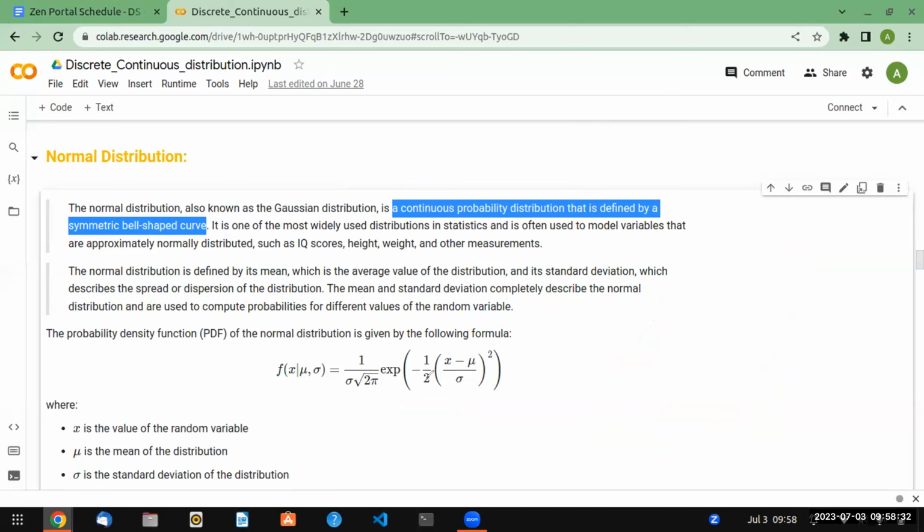Now, as I told you, every distribution has its Probability Density Function, PDF, whether that is discrete or continuous. In discrete, this is called probability mass function, because there is no density, that is an integer value, 1, 2, 3. That's why a probability mass function. But the concept is every distribution has one PDF and CDF, cumulative distribution function. What is the PDF of normal distribution? Now, if you see,